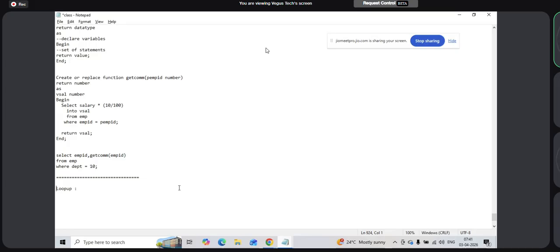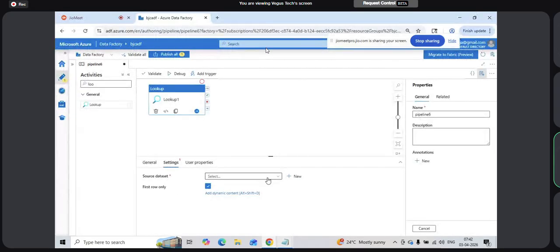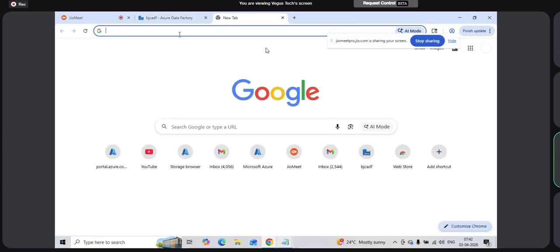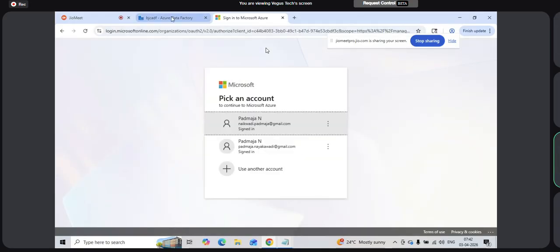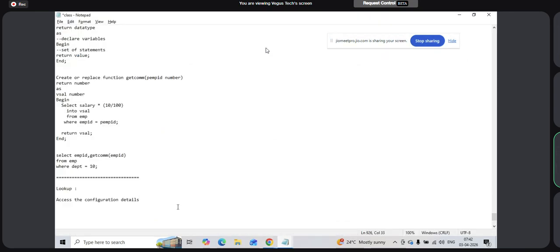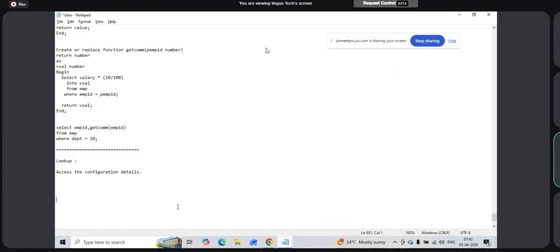So you can access the configuration details. Let us take we have a table. It is simple, like when you are processing configuration details, that can be a SQL or a file. So here what I'm trying to do is let us take